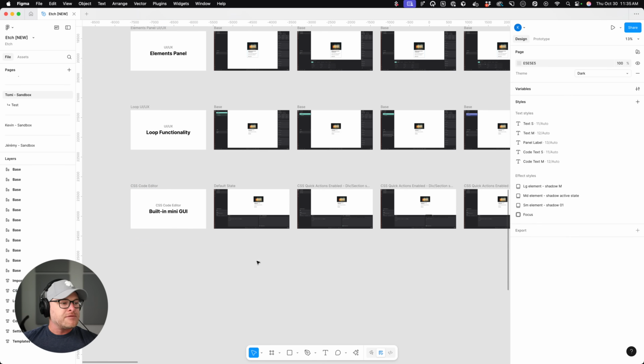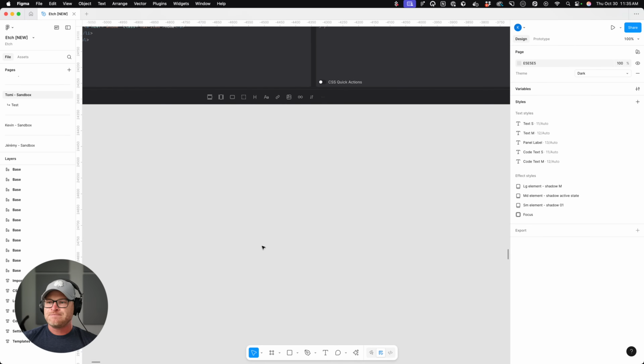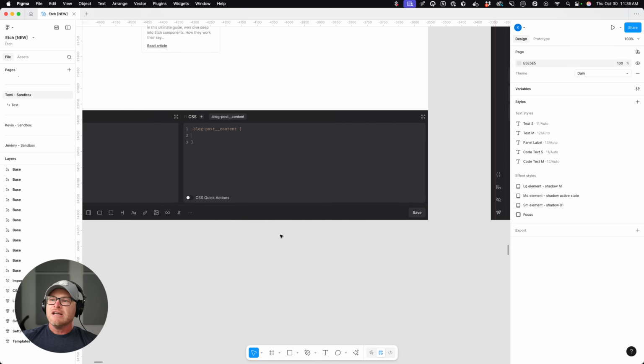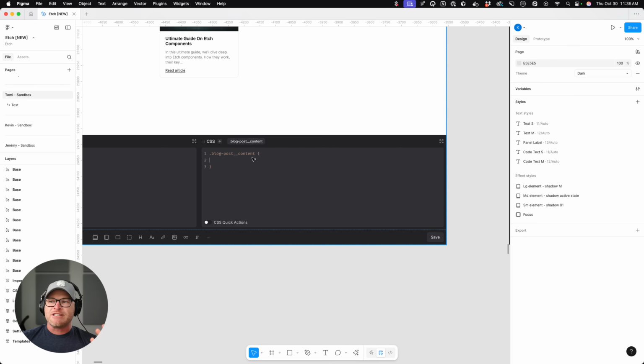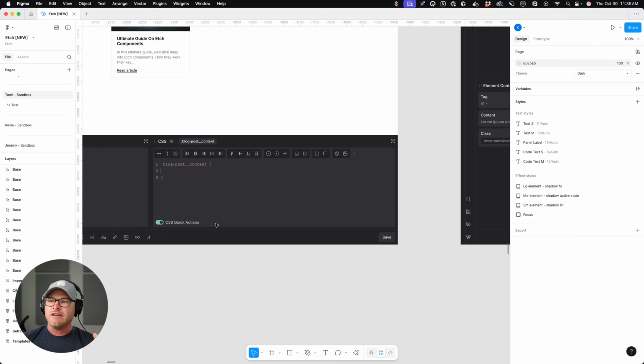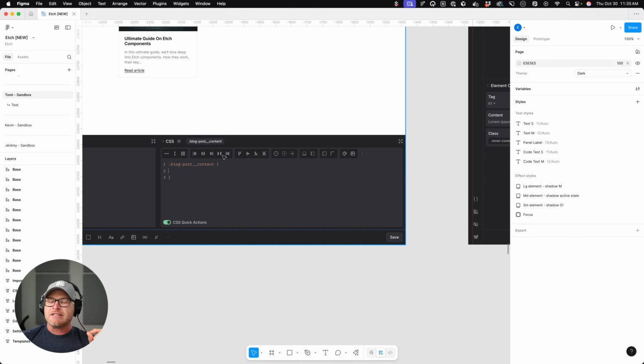Okay, so here's the mini GUI that we are planning. I'm going to come in here and we're going to take a look. What you would see right off the bat is your CSS editor that you are used to seeing. And you would see this little toggle down here called CSS Quick Actions. If you toggled that on, you would see something like this. Here is row and column and grid. Then you have your alignment options, and then margin and padding. This is very quick, click, click, click, click, and it's just writing CSS for you. Boom, boom, boom, right? And then you throw in your values and you're good to go.